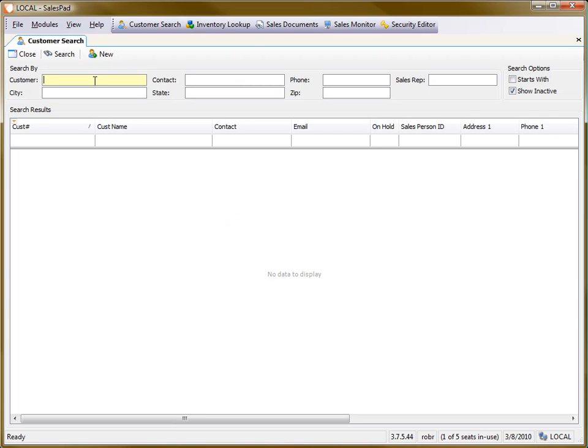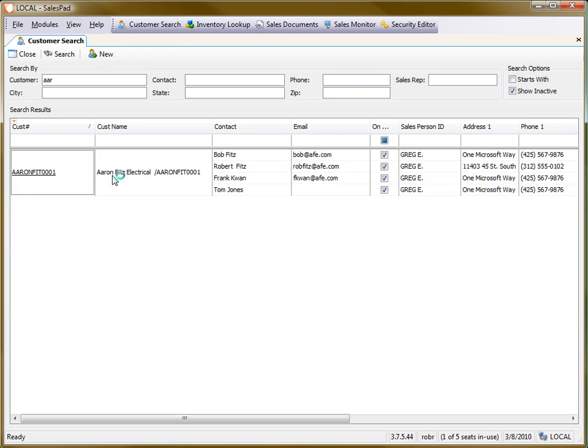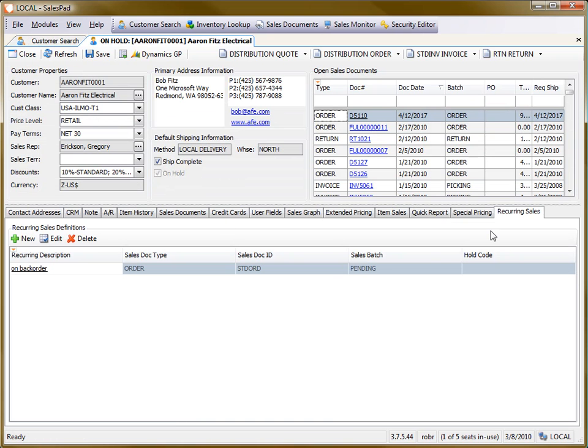So again, I'm going to go to the customer card, and you'll see here I have the recurring sales tab where I have my recurring sales definitions set up. For now, I have this one here that I've used for testing. I'm going to go ahead and create a new one,